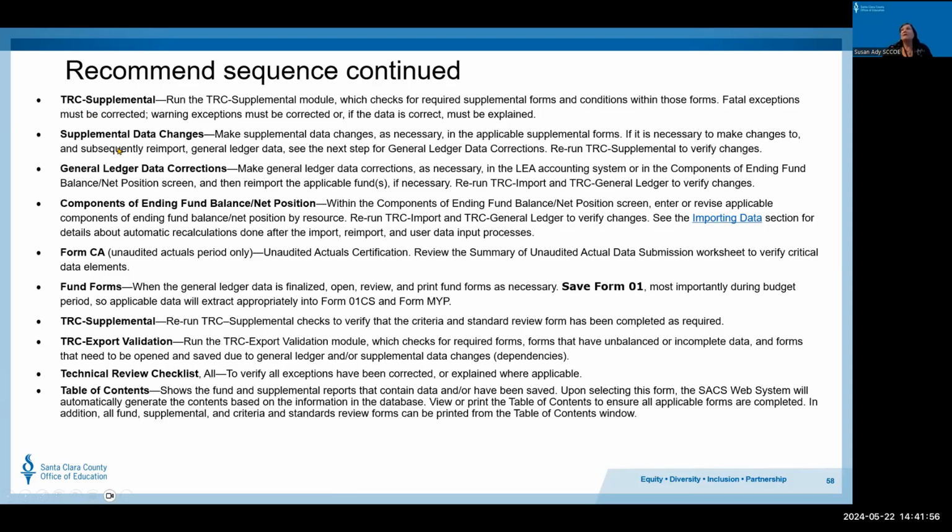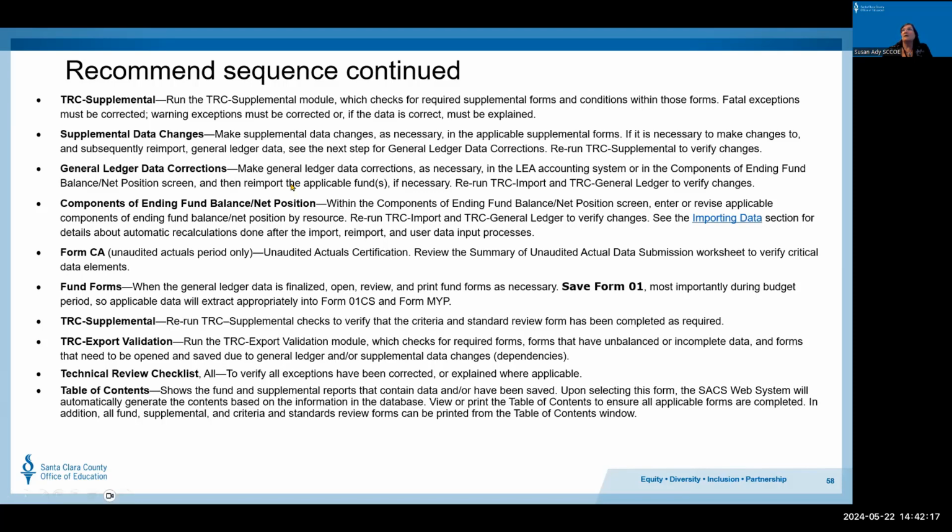Then have a look at your components of ending fund balance. This I always do at the very end, after I'm making sure that all of my TRCs are cleared and I don't have to go back to my general ledger, because once you make corrections in your components of ending fund balance, if you have to re-import, you'll have to do that again.